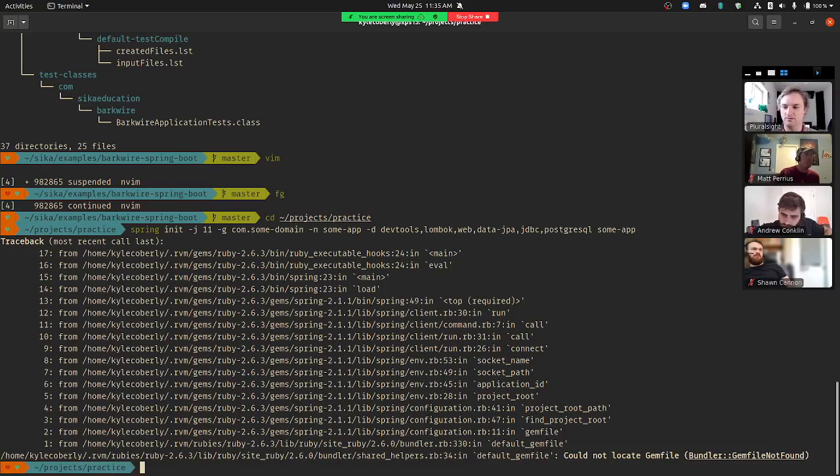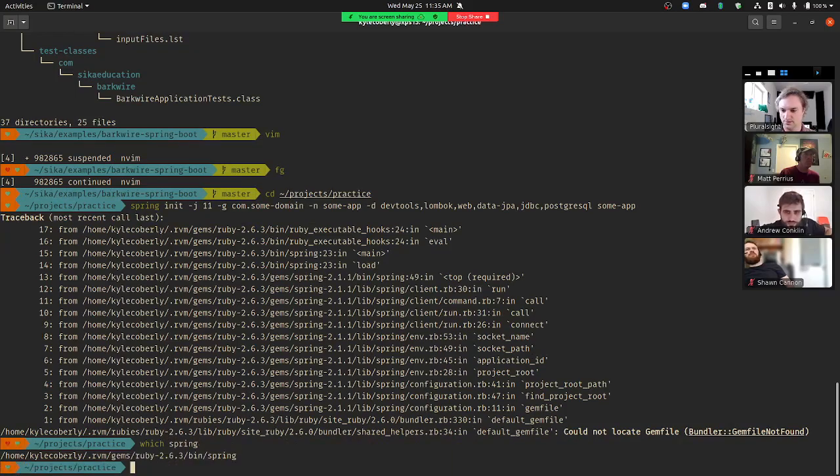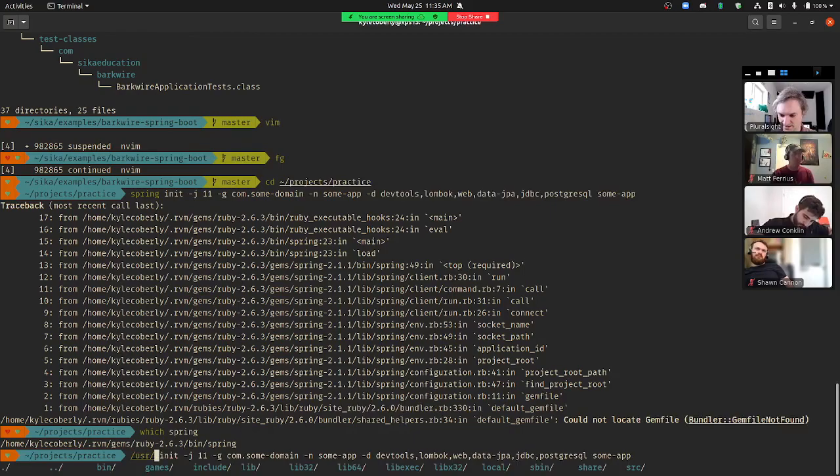Gem file? What do I look like? Fail. Hang on. This is actually that same thing as when John blew out his path variable and had to do everything by hand. So this one will be user local bin. Yeah, there we go.